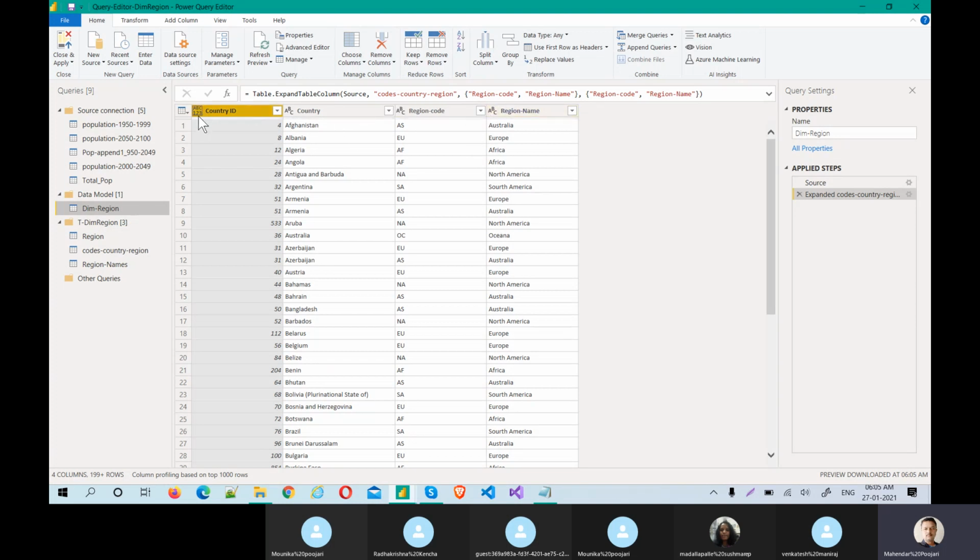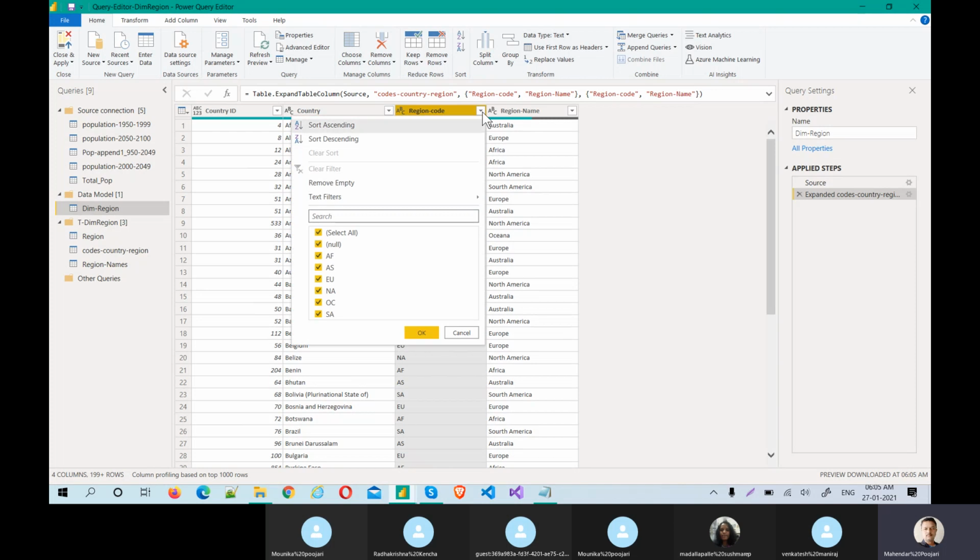So why am I telling this? Let's check that. Country ID is an alphabet. This is one problem that I see. It should be a number, it should not be alphabetic. Then one more thing, you see there are a lot of blanks. Why is this? If you see, there is a null value, right?